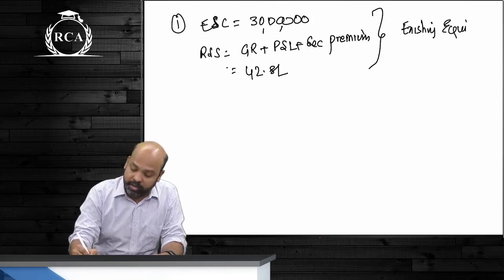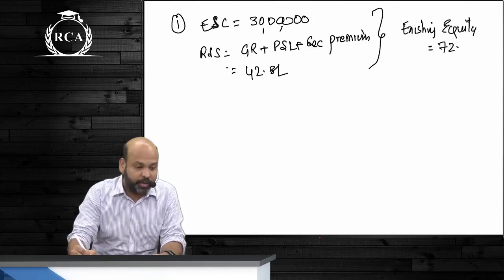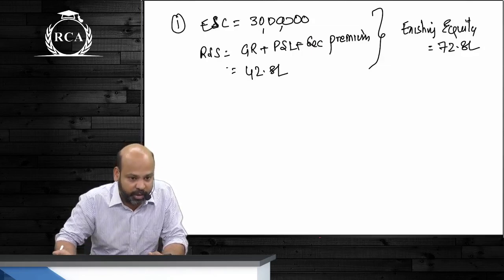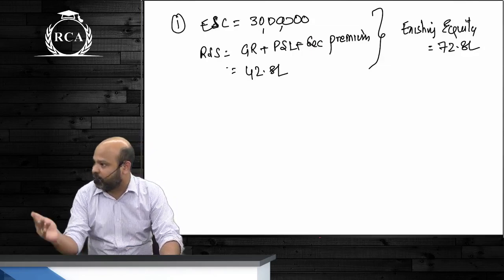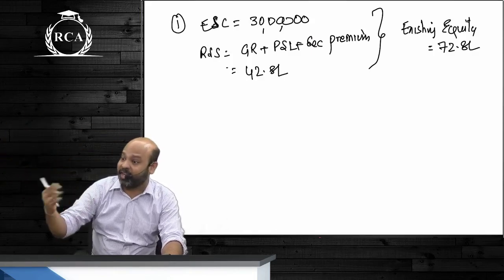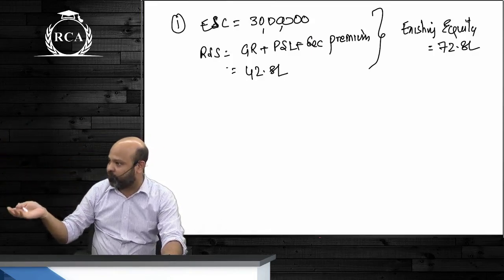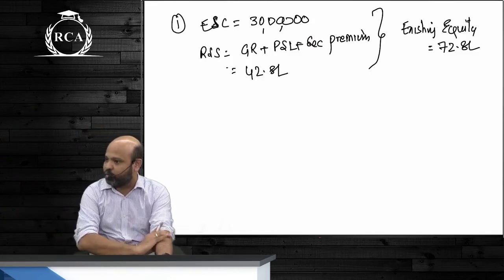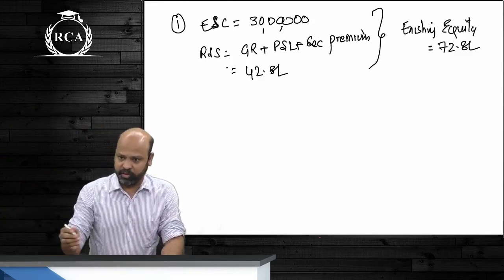72 lakhs 80,000. In case you have plans of copying, you should be doing it with me, not after me. It's highly impossible that I solve all those 54 sheets and then wait for each question for you to copy and then I do it here. Use some sense. We have done all of this before, guys.